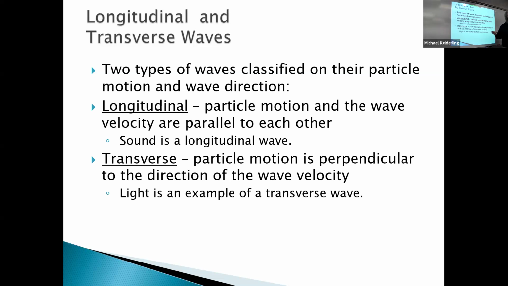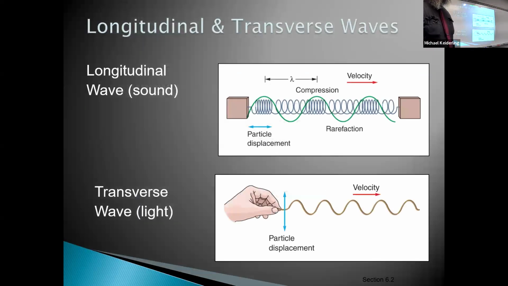Light is an example of a transverse wave. Water waves are more or less transverse. A wave in a string is transverse. Like a guitar string, it moves side to side. The wave is actually moving along the length of the string. A longitudinal wave, like sound, is compression. You have areas of compression and areas of rarefaction where it's stretched out. You can see that in a slinky. And a transverse wave is easiest to see because the wave is perpendicular to the direction of motion.